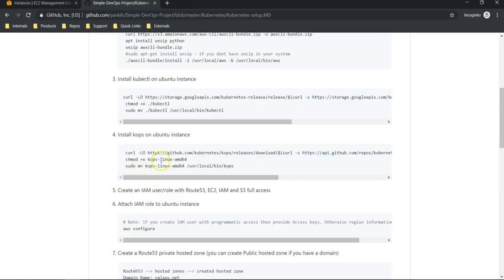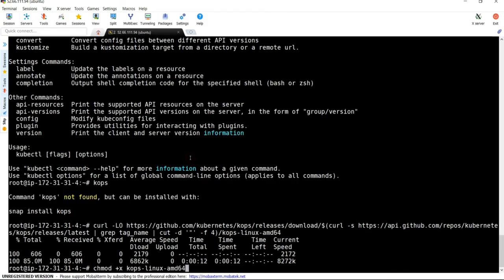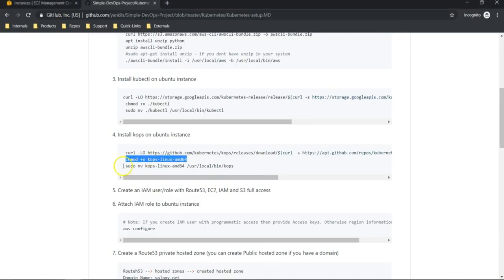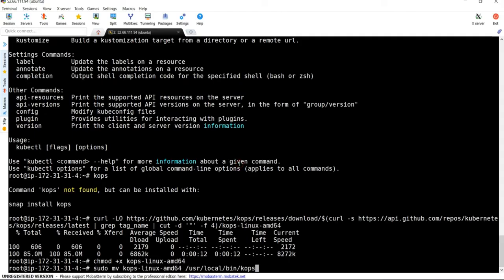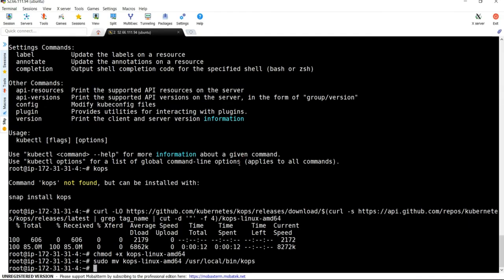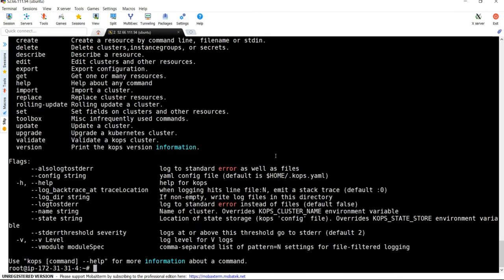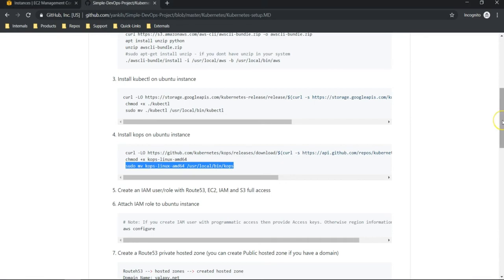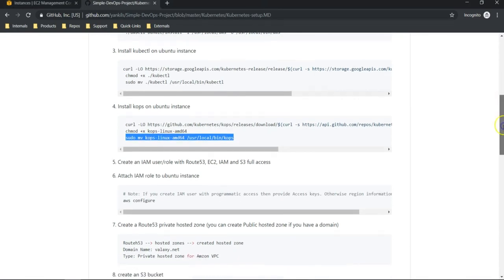Go back, add execution permission for these two. Next, copy this under /usr/local/bin. That's it. Our kops is also ready now. This time it says syntax error. That's okay. So far we have set up our Kubernetes management system. In the next video we are going to set up the remaining steps.